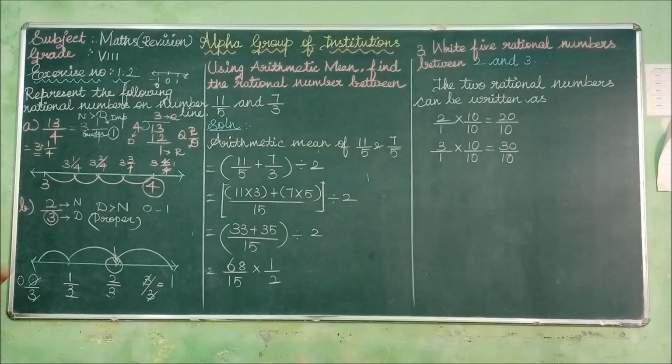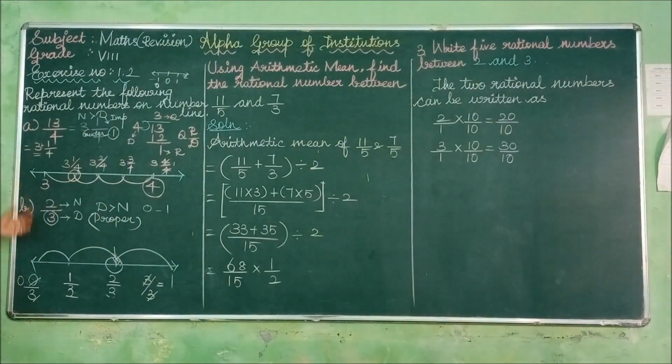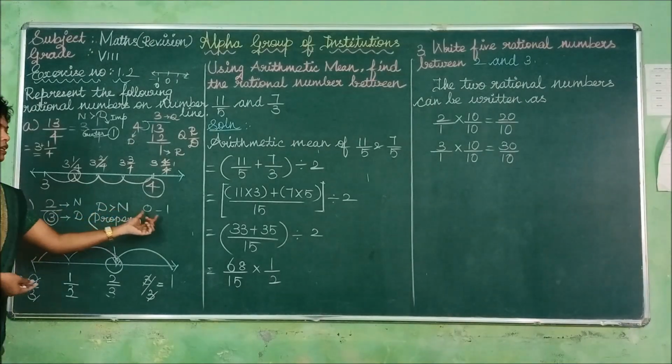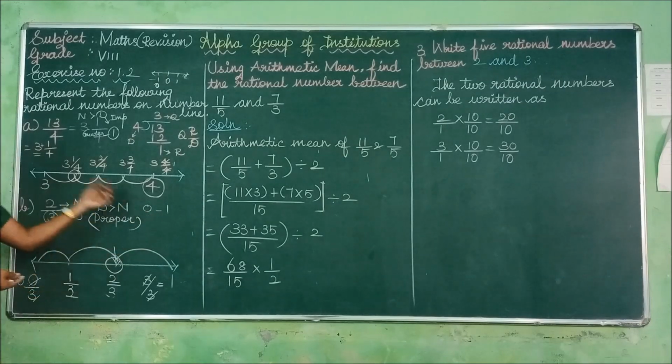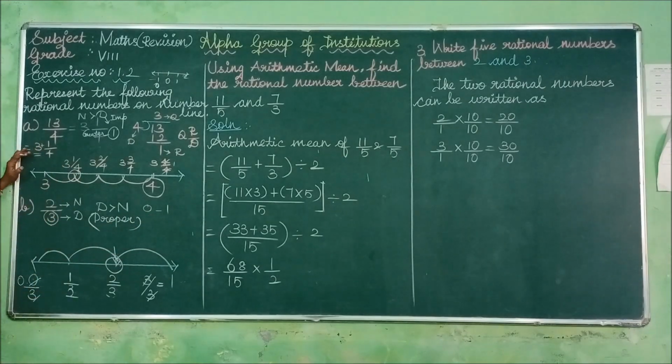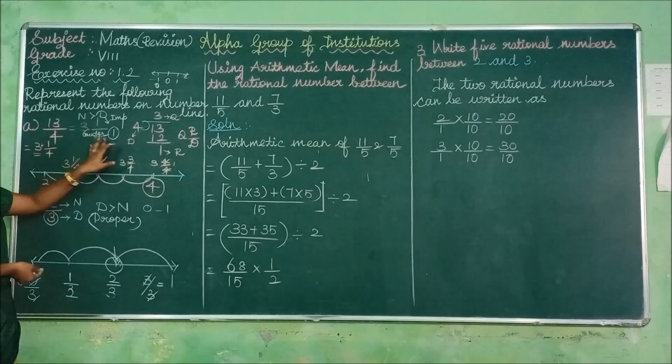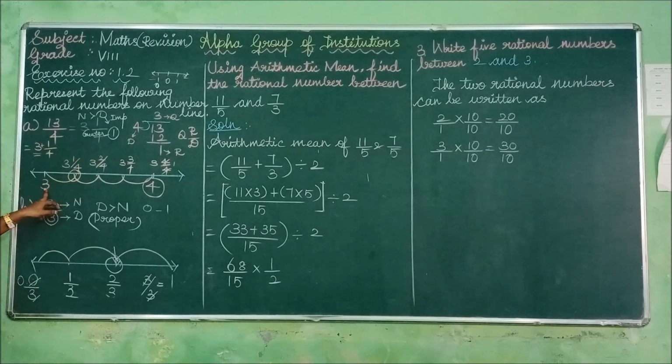Now you can understand this easily. You can split and write, it will be easy for you. So keep these two things in mind. What are a proper fraction and an improper fraction? If it is a proper fraction, the denominator is greater than the numerator, and the rational number lies between 0 and 1. Improper fraction means the numerator is greater than the denominator, and it is always greater than 1. Here it lies between 3 and 4.